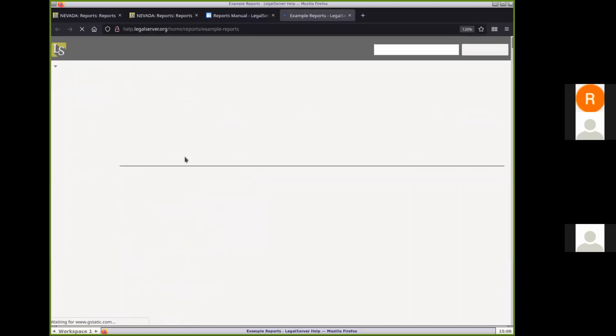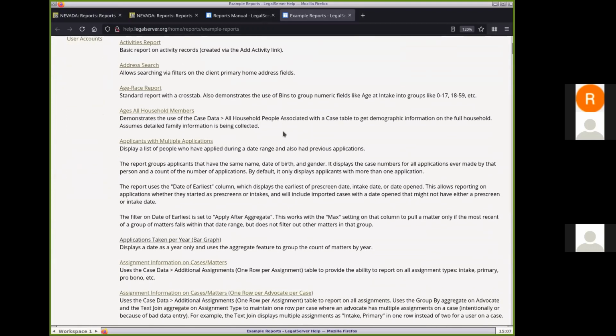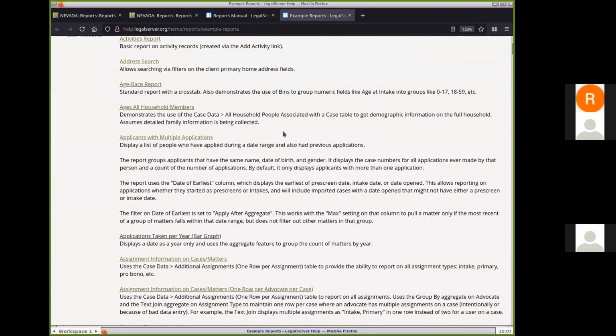which I'll open up in another browser tab. One of the things that you'll learn about with LegalServer reports is you can import and export them. And we're not talking about importing and exporting your data. We're talking about importing and exporting the structure of a report. And that's what this page is all about. So we've added a lot of reports to this page over the years. Some people have asked us to build different reports and show them how to do certain things. So